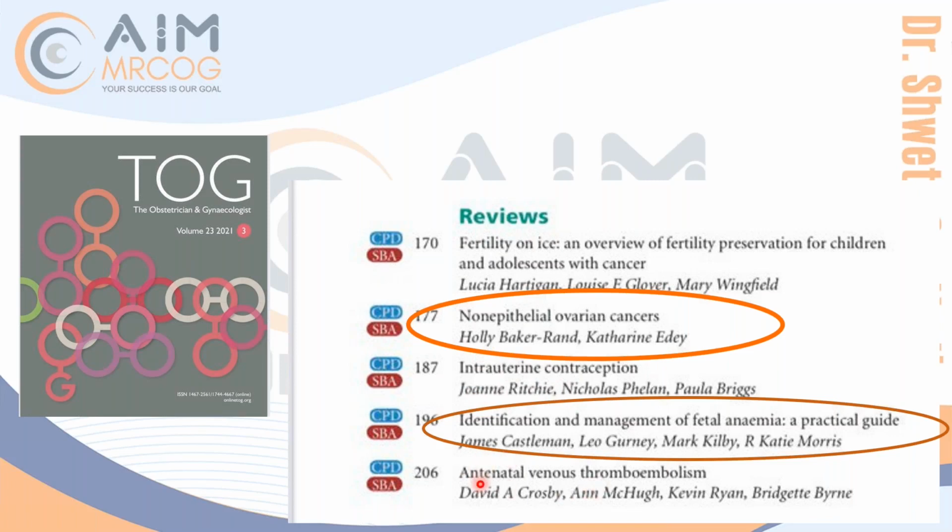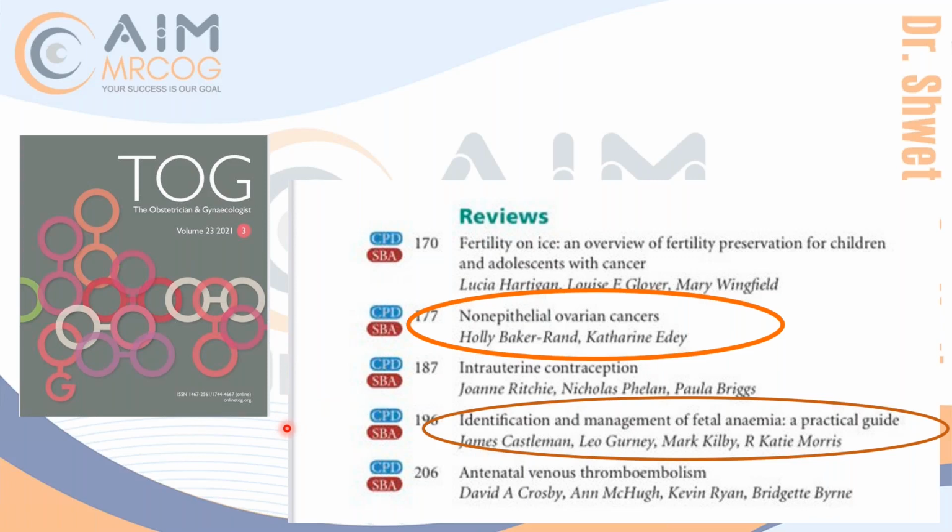This one, nothing new. They have only introduced something, but it's still not clear, still not enough evidence, so still not in clinical practice. So nothing new here from the GTG. Whenever some gross changes happen, they will renew the GTG itself. So be clear about that. TOG is only to supplement the knowledge, and you have to make your note and attach it with the GTG notes. That's it. And after that, no need of reading that TOG again.